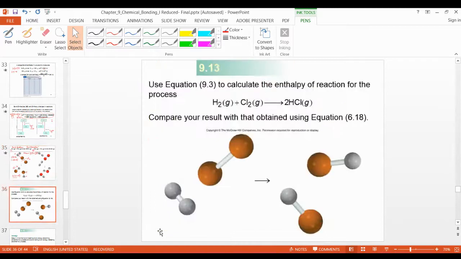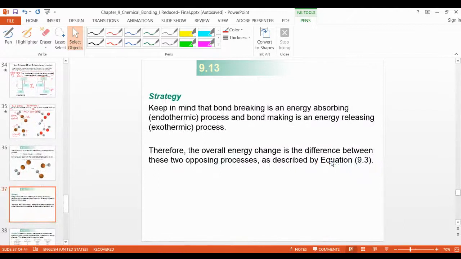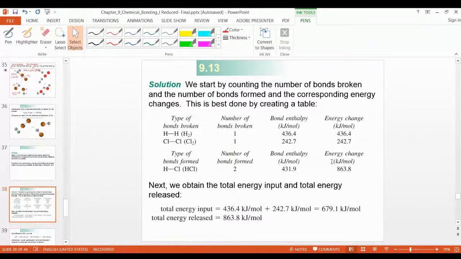This is the same first example, right? Now how is it solved? Look at here. You have to write first how many bonds are broken. Number 1, number of bonds broken. Number 2, bond enthalpy, how much is required. The value will be given in the question. And you have to determine this on the basis of this and this.